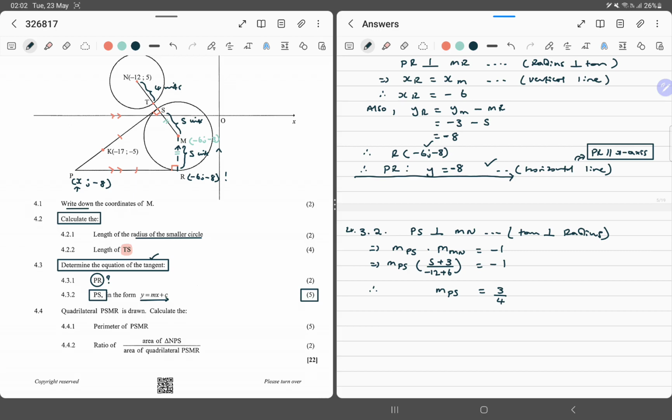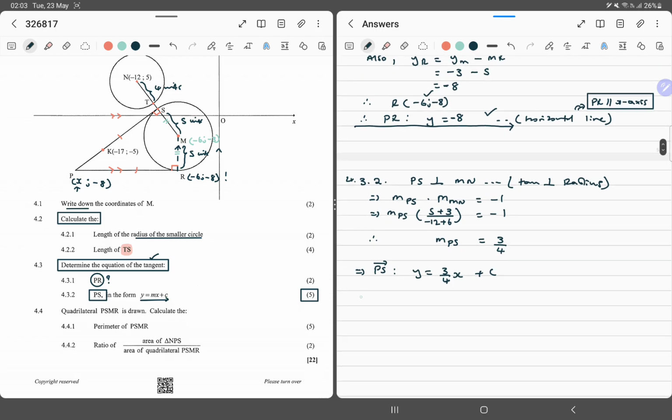Right, so that is essentially 6 over 8. Now that we've got this, what do we know? We know that this implies that line PS is such that y is equal to 3 over 4 x plus c. Now we know that through point K, which is (-17, -5),